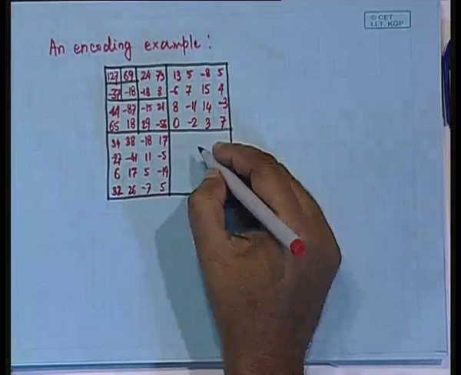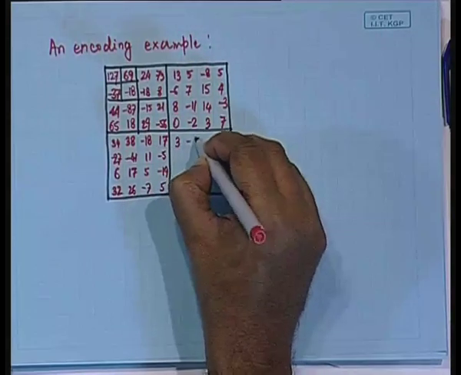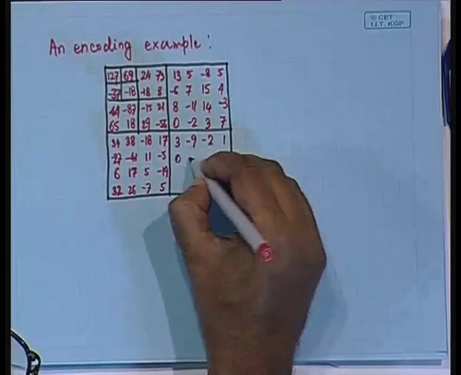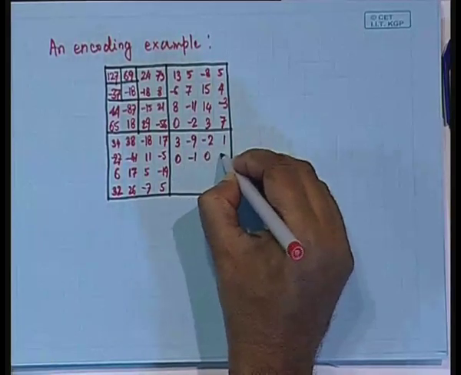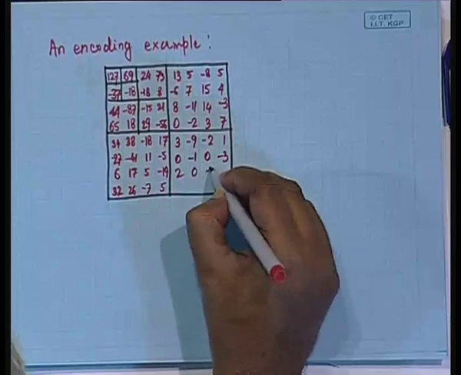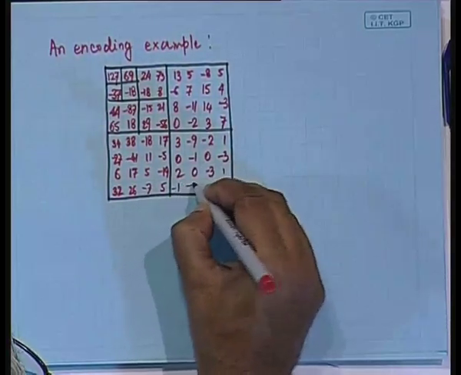Come to the last band, that is the HH: 3, minus 9, minus 2, 1, 0, minus 1, 0, minus 3, 2, 0, minus 3, 1, minus 1, minus 5,